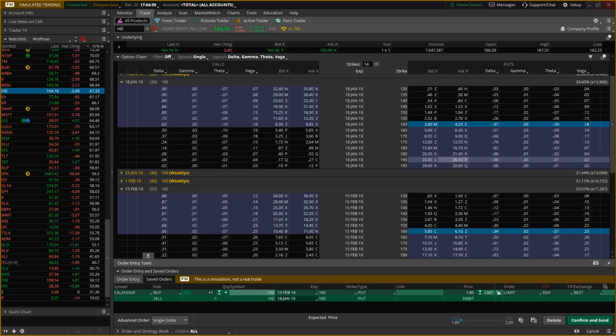I don't like to leg in and out of stuff because 50% of the time you leg into something better, 50% of the time you won't leg into it better. But the 50% of the time you don't do it better, it's going to be a lot worse than all of those 50% of the times that you did it better. You're going to be getting it better by a penny or two on that 50% of the time. But the time that you lost on it, you're going to be missing out on like nickels and dimes. So I put it together as a package, take it off as a package, or let that one expire and not worry about it.